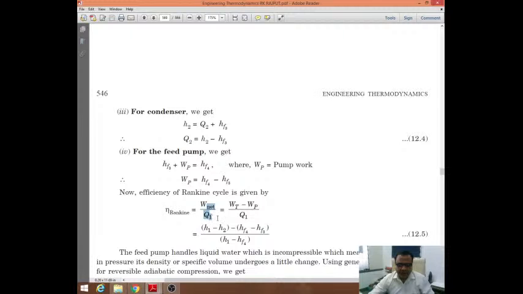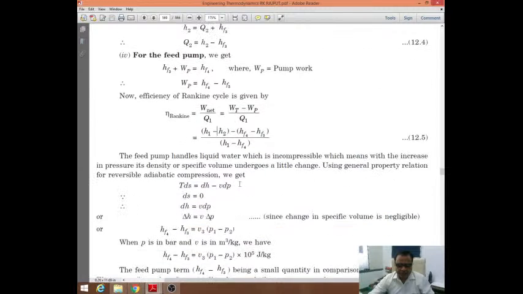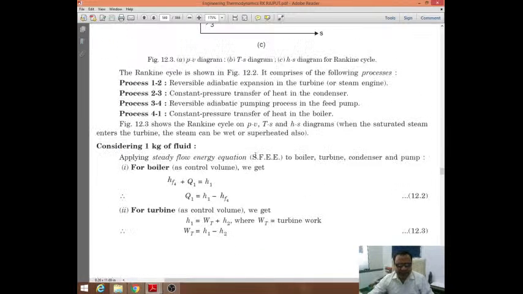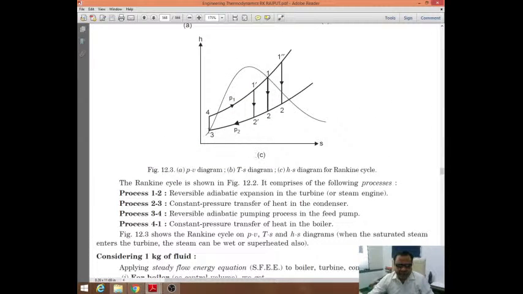The heat supplied into the boiler, that is Q1. So if we write down in terms of enthalpies, we will get this equation: (H1 minus H2 minus HF4 minus HF3) divided by (H1 minus HF4). Now in this the difficulty is that we can determine the value of HF3 easily from the steam table, but